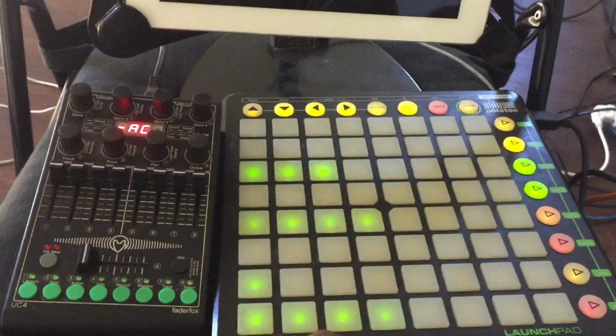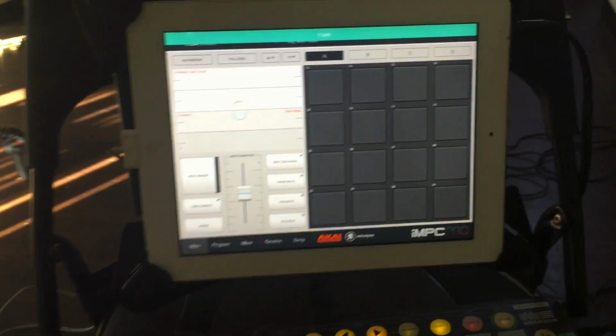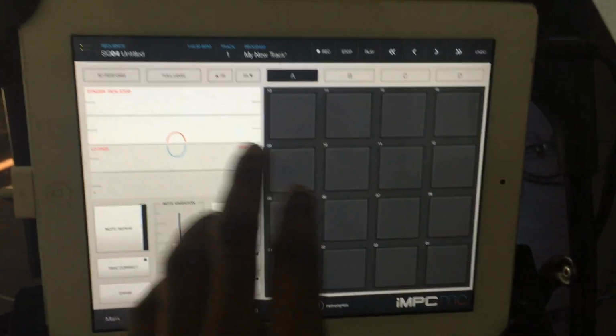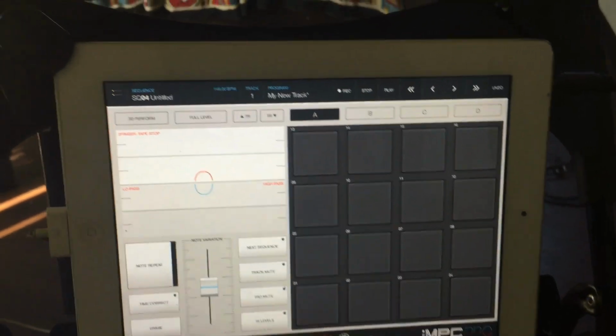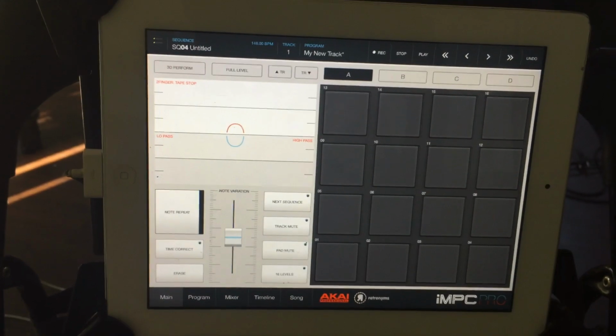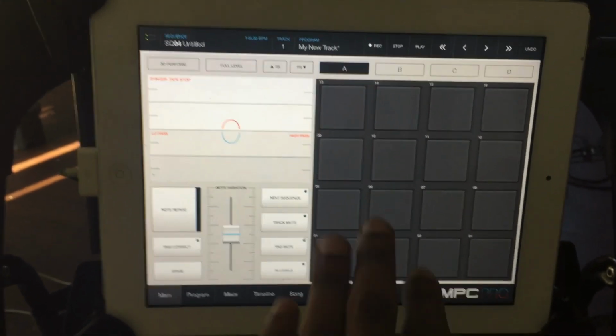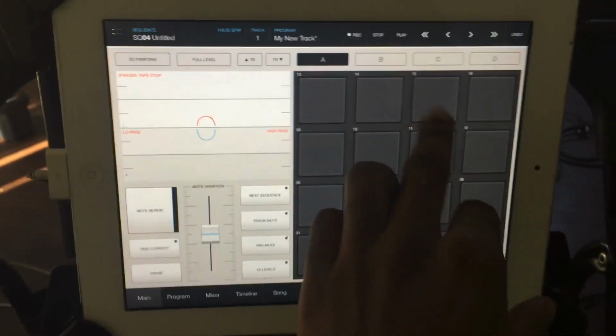I also am going to be using my iPad, and I'm charging it right now, but when I do the full run through in probably an hour or so, or a little bit later, I will have this charged. But right now what I've got it doing, it's gonna do a couple of things. I've got the iMPC Pro app, the older version, not the newer version, because this is an old iPad. And I've loaded it up with each pad having its own sound. There's some drum sounds,